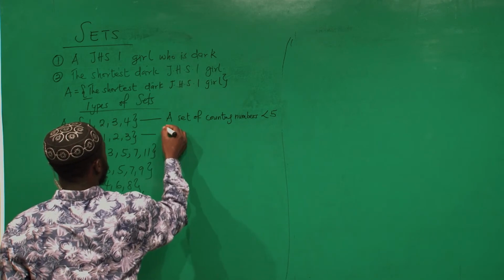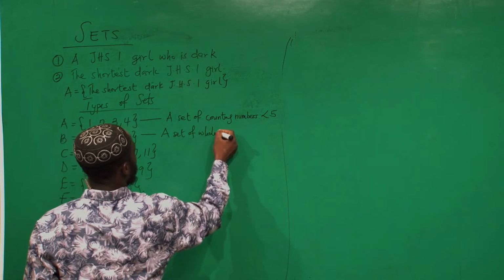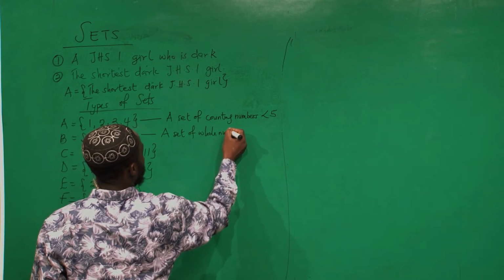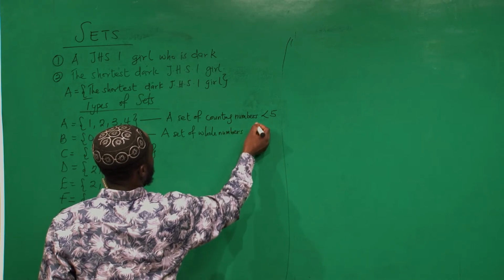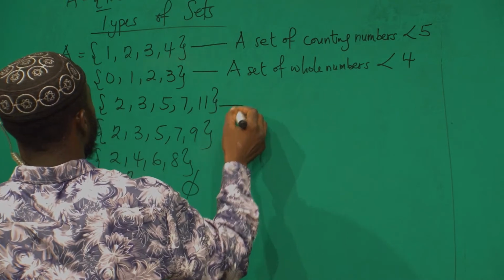B, a set of whole numbers less than 4. C